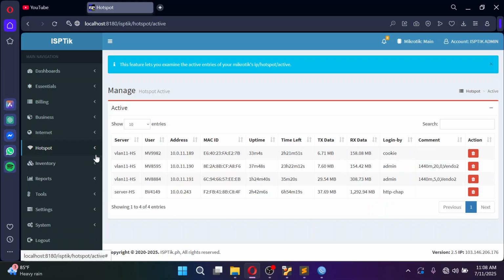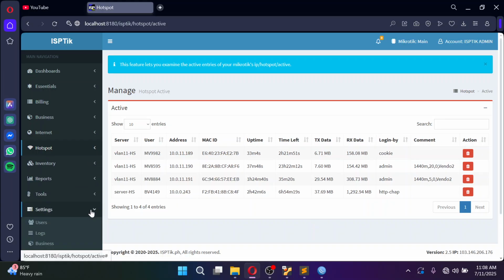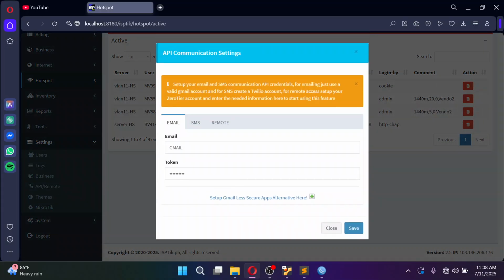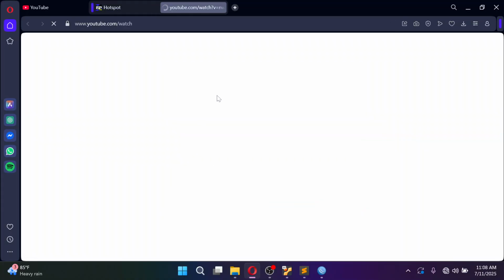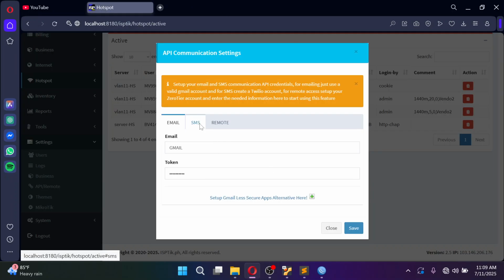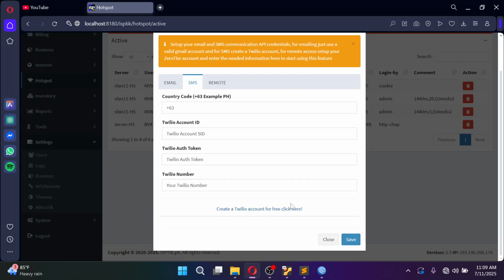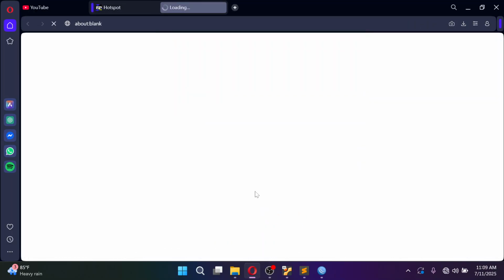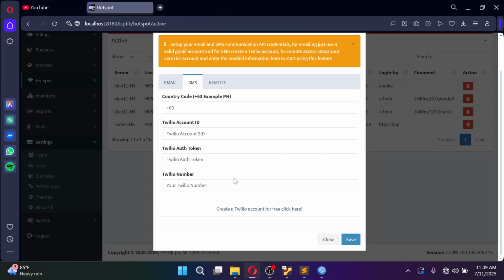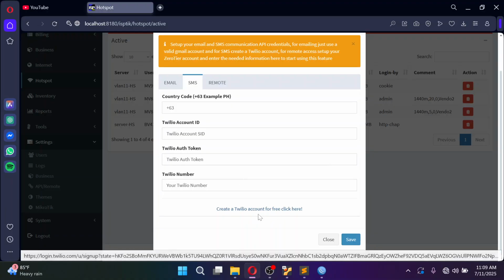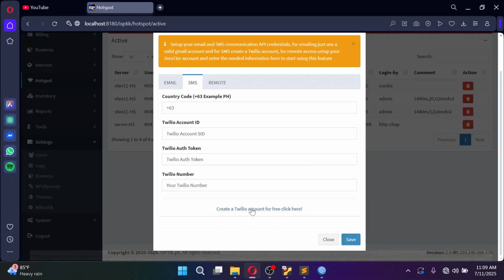And then you can also set the API remote for the email. There is a tutorial here. Just follow this one, how to set up less secure apps alternative. For the SMS, I don't know if Twilio is still working, but we managed to make it work previously on our ISPTIC.